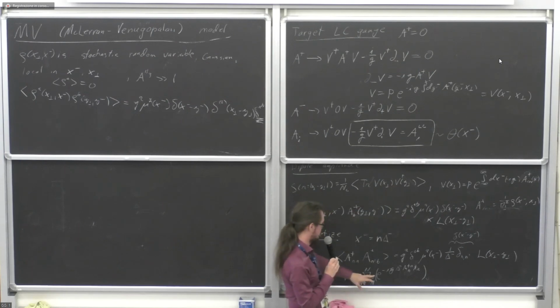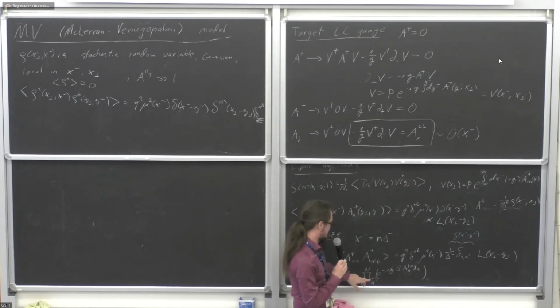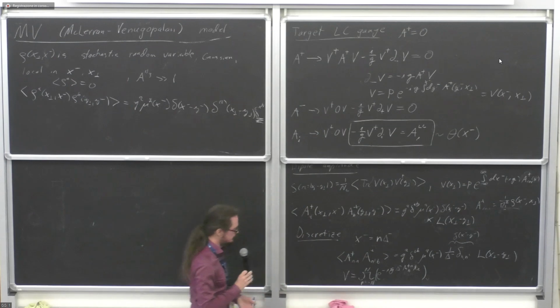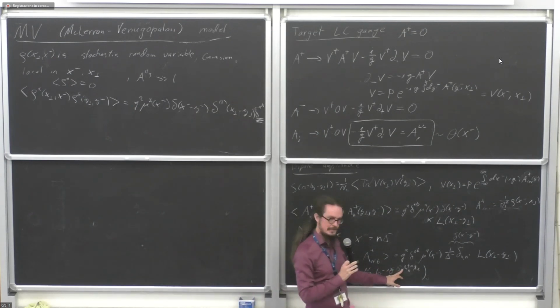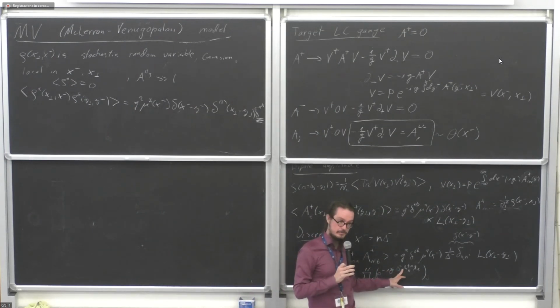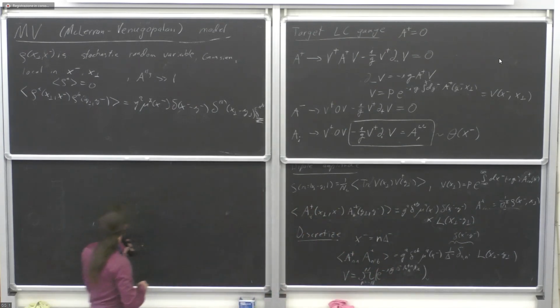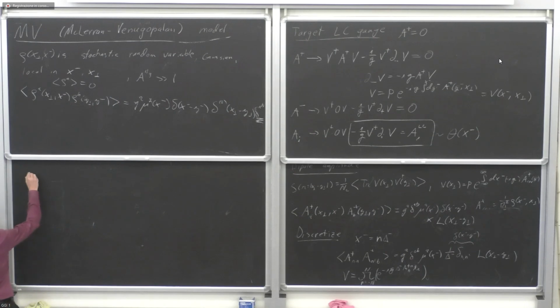So I just need to take the last one from the V and the last one from the V dagger. They are next to each other. Now my delta is infinitesimal, so I can expand in this delta minus for one step. So what I'm calculating are expectation values like